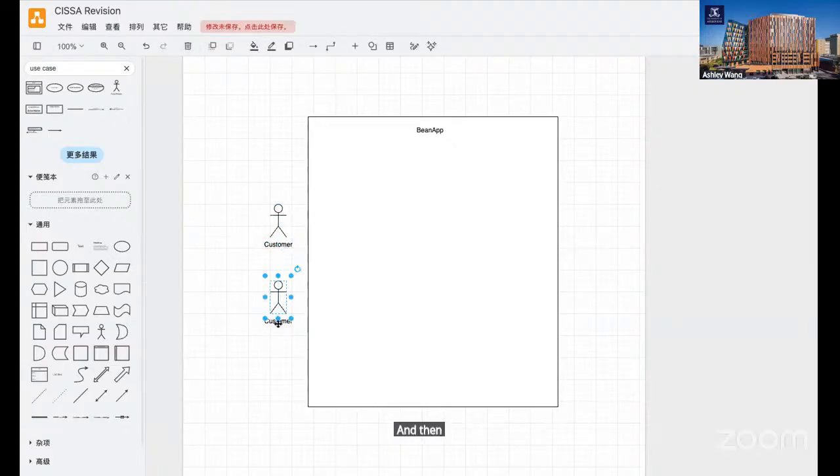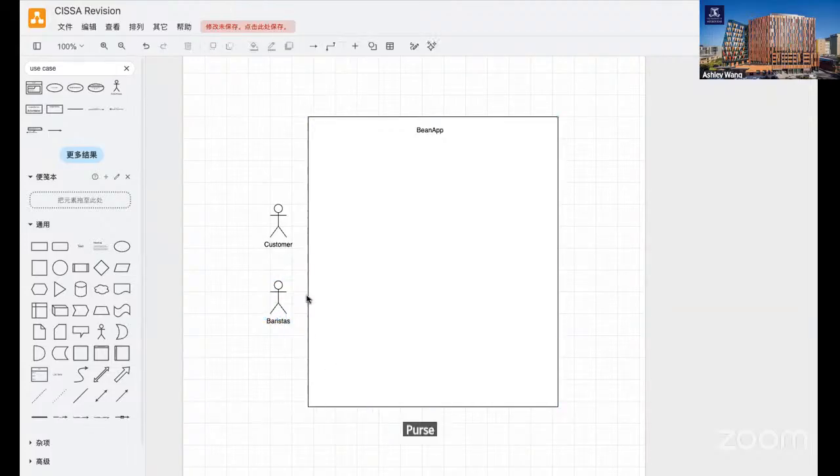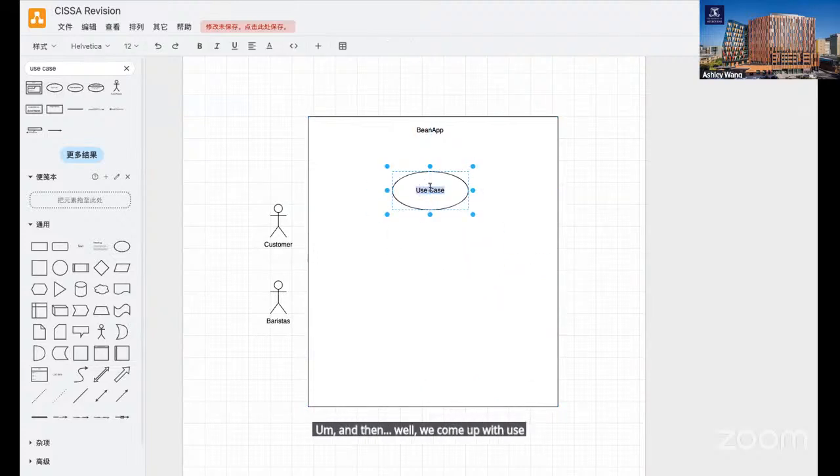And then the second thing I'll come up with is your second primary actor. That's gonna be barista. Okay, that's your second primary actor. And then we come up with use cases. So remember we highlighted that before. First thing is placing an order. Place an order.